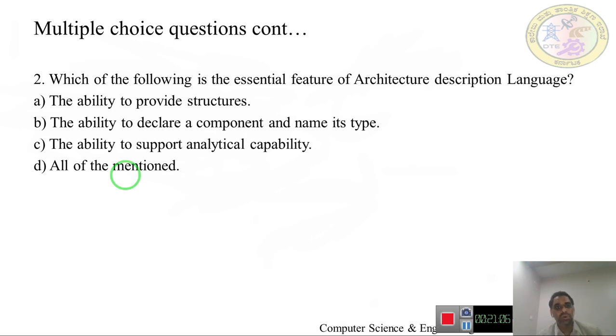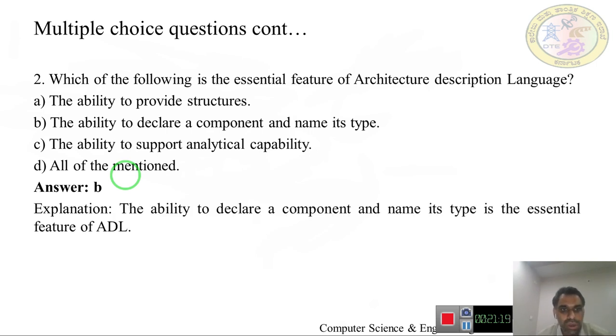Which one do you think it is? It is option B, no, the ability to declare a component and name its type. Wow. Then that's it. Explanation says that the ability to declare a component and name its type is the essential feature of architecture description language.